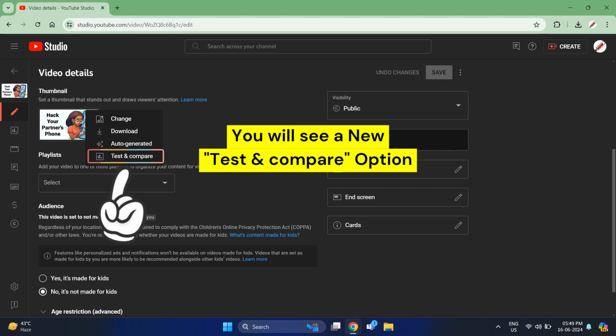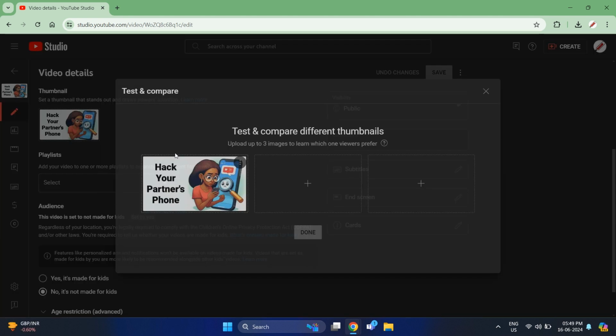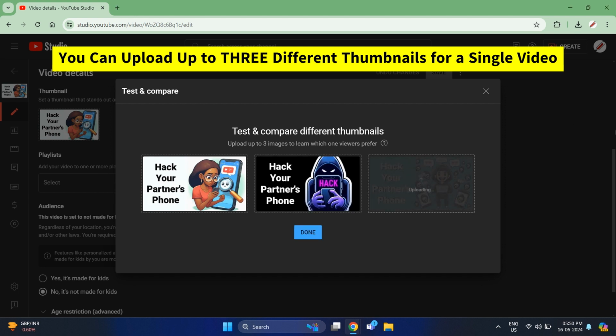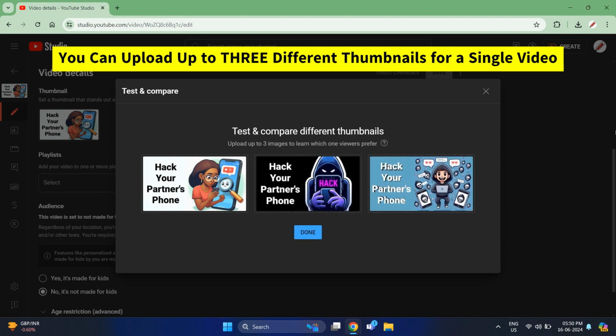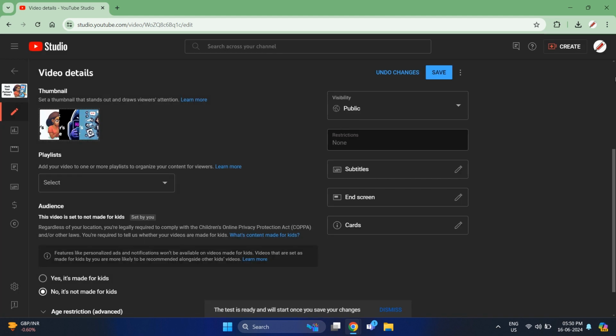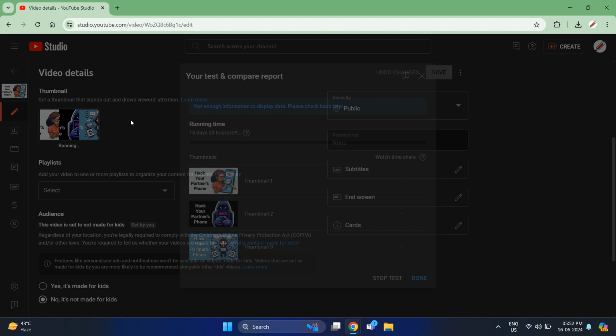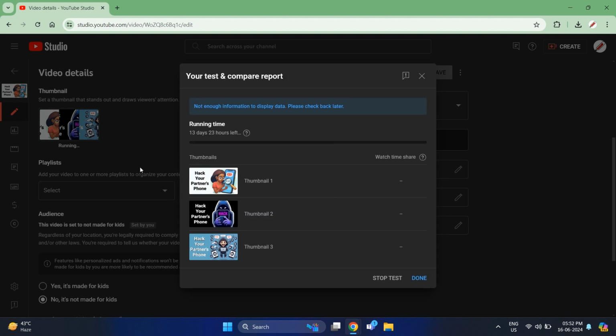YouTube has added a new test and compare feature, which lets creators upload and test multiple thumbnails for their videos. Creators can upload up to 3 different thumbnails for a single video. YouTube then shows these thumbnails to different viewers and analyzes which one performs best in terms of click-through rate and watch time. Based on the data, you can see which thumbnail performs best and choose that one as your official